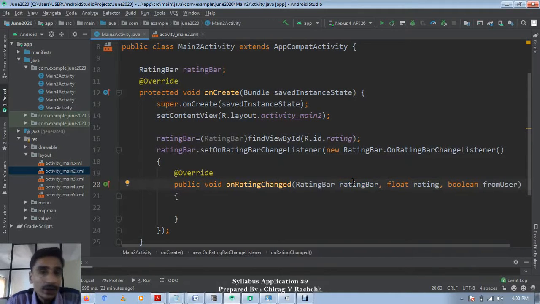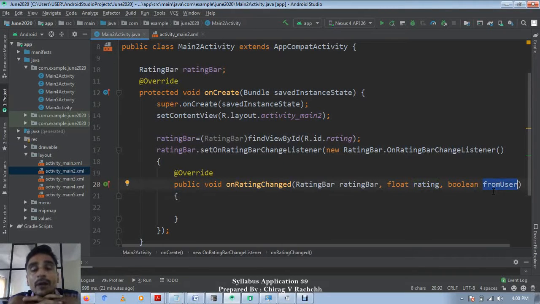Here there is only one rating bar, so we know that whenever this method is fired, this rating bar was interacted with by the client. The current value which the client has set will be passed as the rating variable's value.